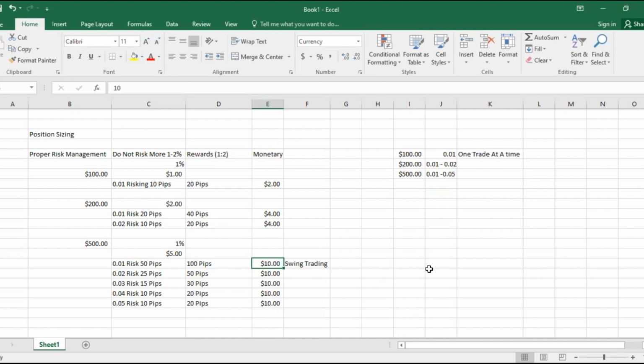Okay, so the reason why that is important, I'm going to illustrate here to you. Let's say I'll give you a sample of 10 trades. In these 10 trades, we assume that we are risking $10. So the first trade, we make our $10. The second trade, we make our $10. So in the third trade now, because you have 2 consecutive wins,